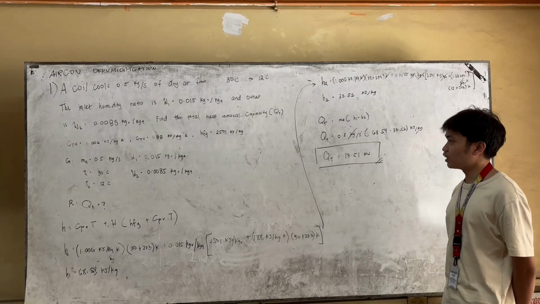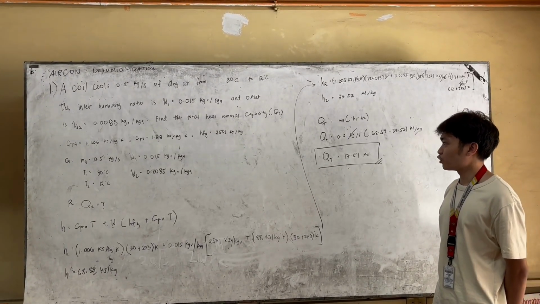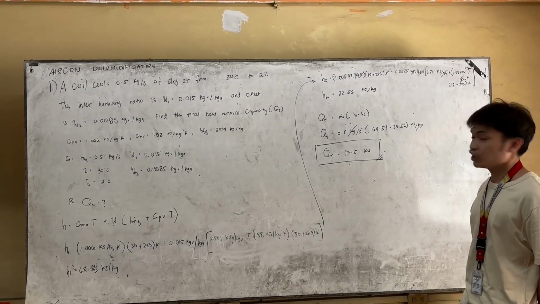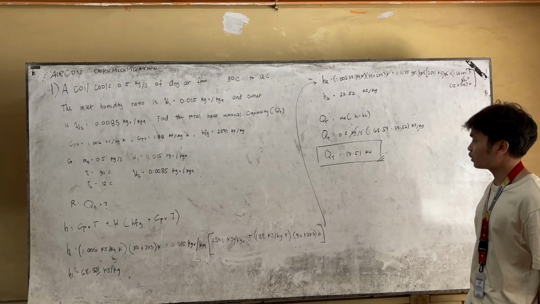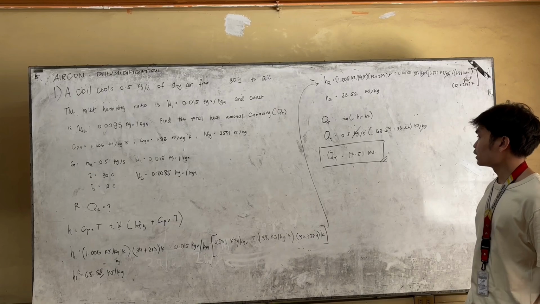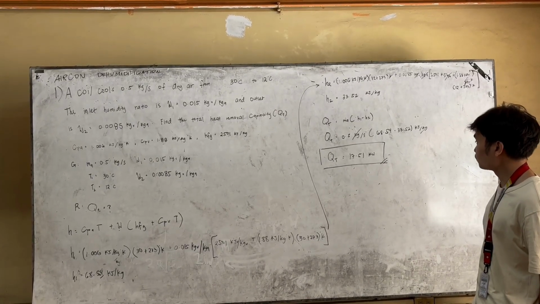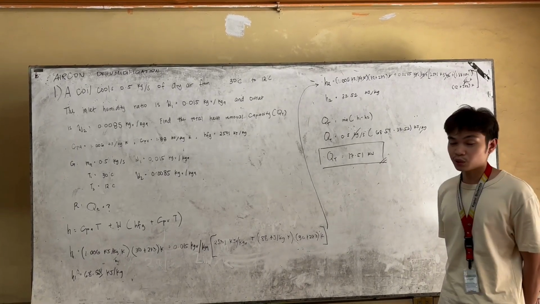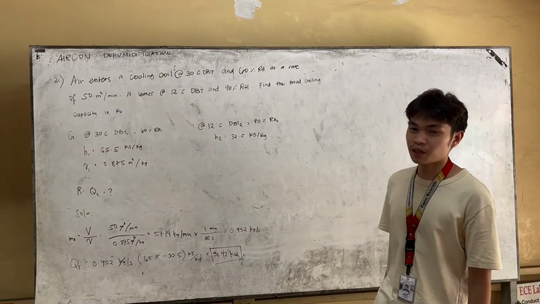Next, to find the total capacity of the heat removal, the formula is the mass flow rate of the air times H1 minus H2. Since we have the values of H1 and H2, we need to plug them all in. So we have 0.5 kilograms per second times 68.54 minus 33.52. Cancel the kilogram. We will be left with kilojoules per second or kilowatts, which is 17.51. So to our next problem.